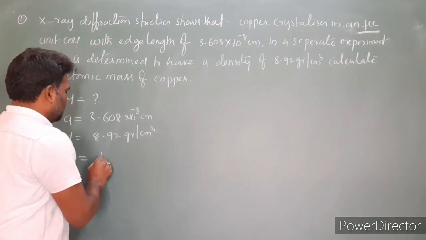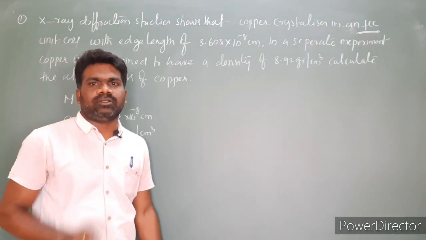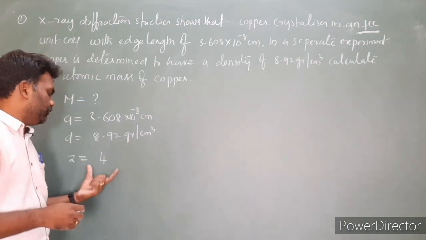We know very well that for an FCC unit cell, Z is equal to 4. For a simple cubic unit cell, Z is equal to 1. For BCC, Z is equal to 2, and for FCC, Z is equal to 4. Next,